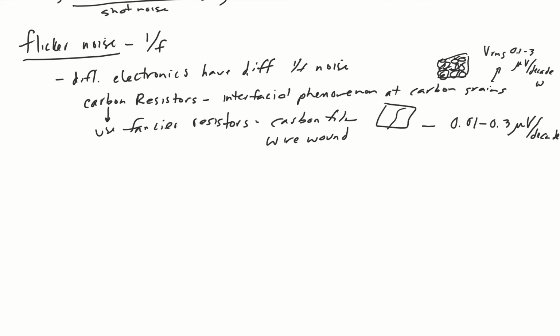So you can reduce this noise by using fancier resistors, but the problem is they're a lot more money. So that's why, at least in Phys 204, 208, we're using our not as fancy carbon resistors. But if you are trying to construct a more sensitive instrument working at very low frequencies, it might be worth your time in research to buy these nicer resistors. Another way to overcome flicker noise is to modulate your signal.